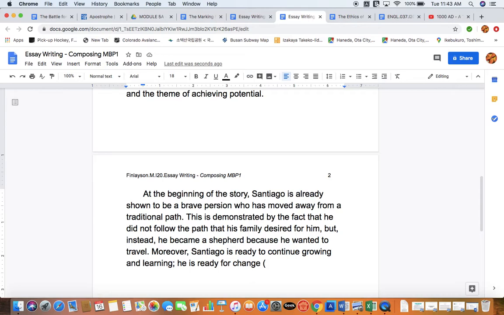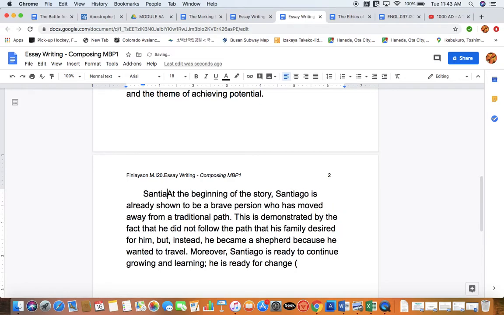So this shows us that he is a thinking character. This shows us that he is thinking about his future, and that right at the beginning of the novel, he is ready for change. So this is going to set up the discussion that I want to have about his character development, which is the topic. So I should remember that within the topic sentence, Santiago